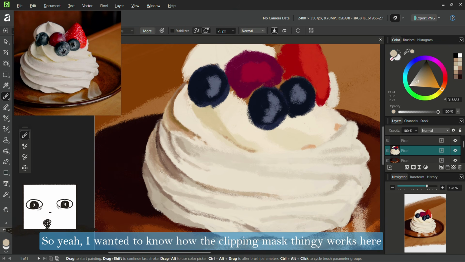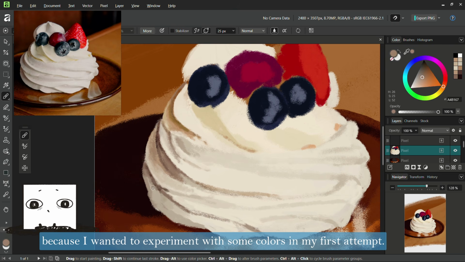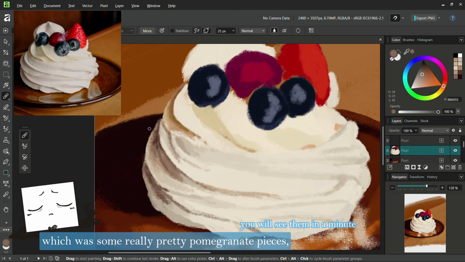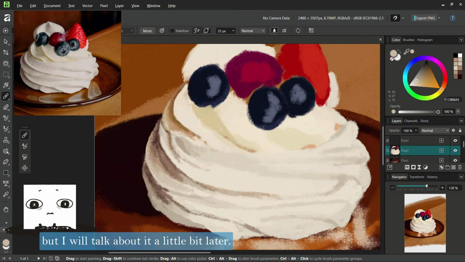So yeah, I wanted to know how the clipping mask thingy works here because I wanted to experiment with some colors in my first attempt. Yes, there was a first attempt, which was some really pretty pomegranate pieces, but I will talk about it a little bit later. For now though, I looked up some Affinity tutorials,